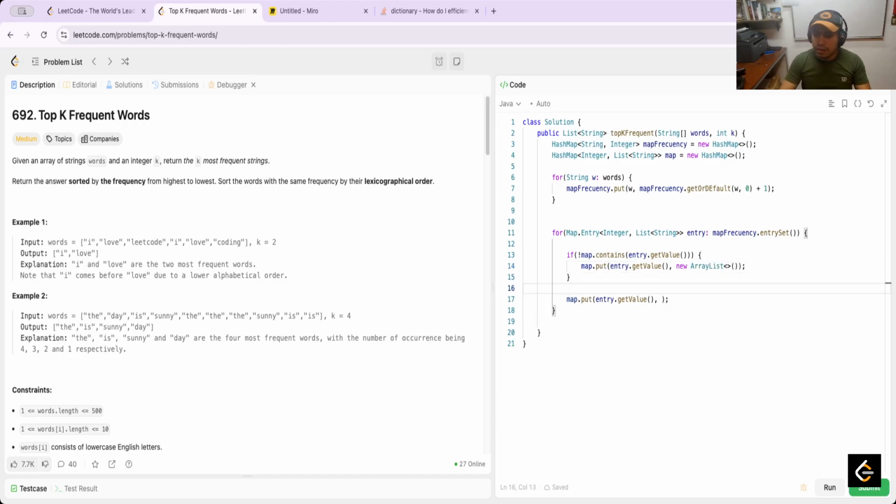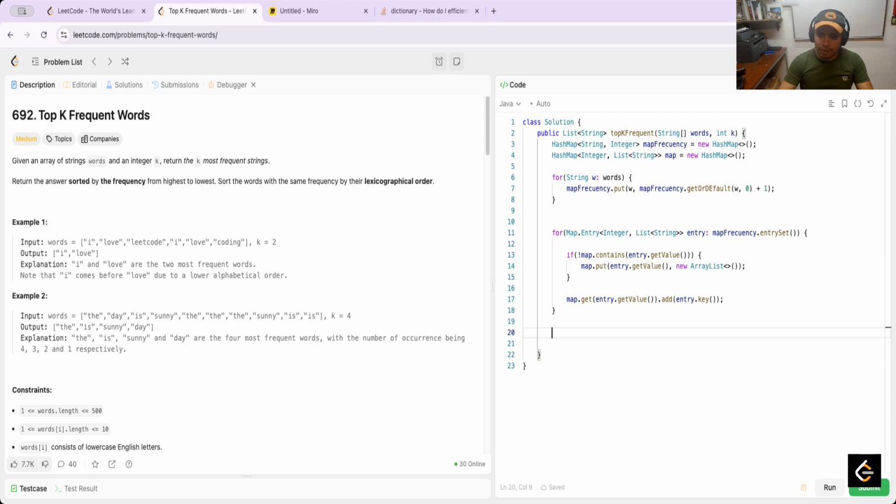Yeah, and here is only map dot get entry value dot add, and here is entry dot key. Yeah, now it's in the positive way. Now the key is the value and the value is the key. It's basically change the map. Now having this,